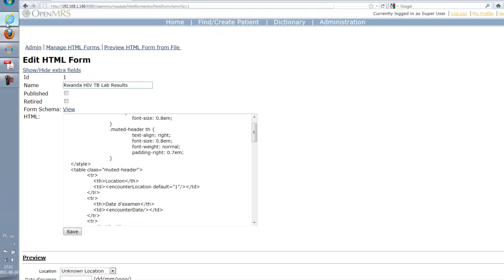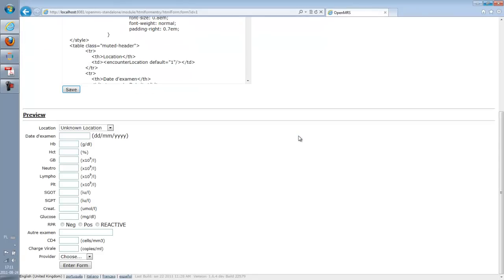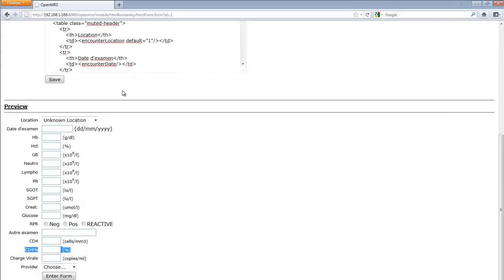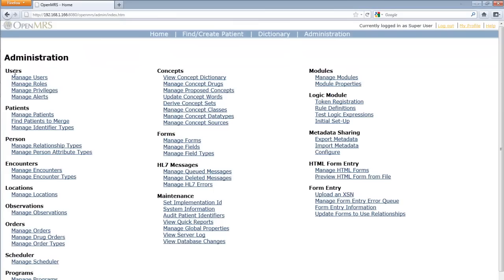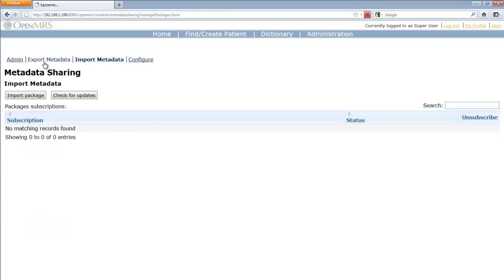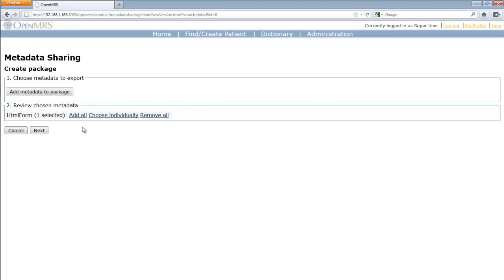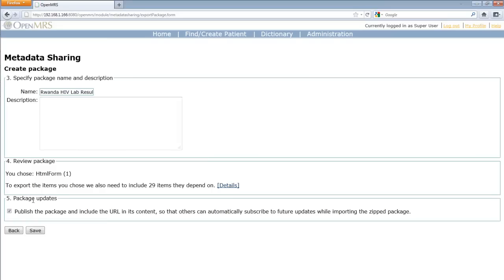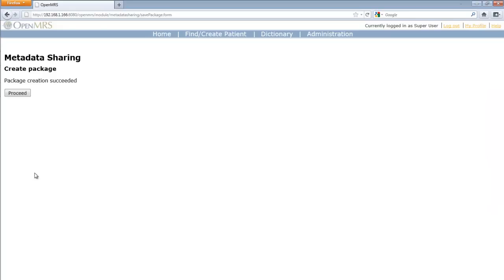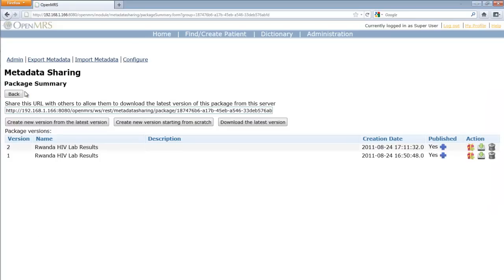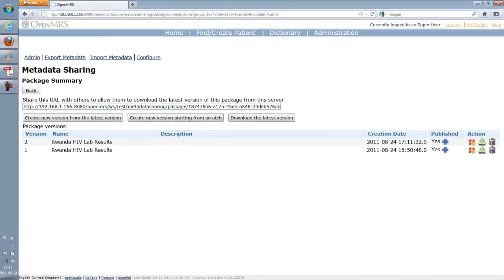Let's check the other installation. No changes, that's good. Now I will create a new package version. Just a few clicks. There is the package. I'm creating a new version. Next. I will change nothing, only update the metadata. Okay, and it's created the second version. It's published. So let me switch